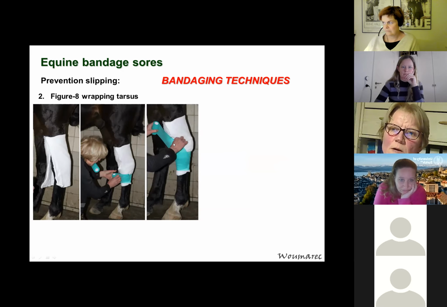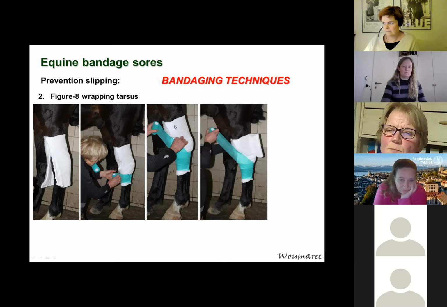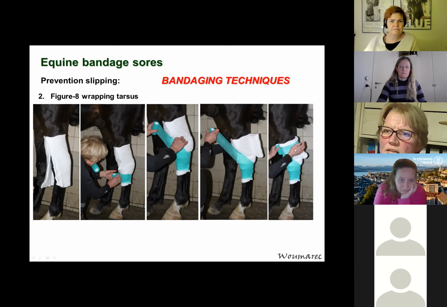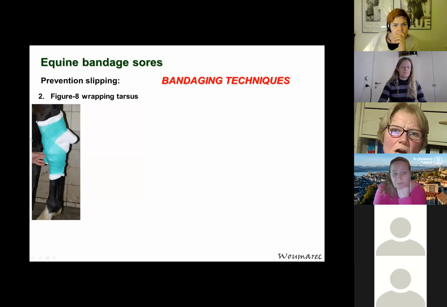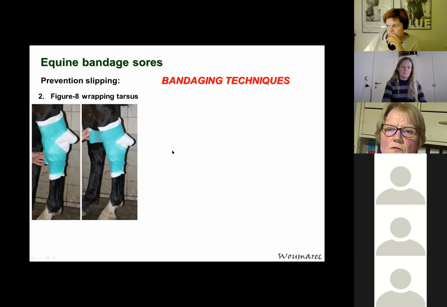And then you go again, you go up. This is not extended too much. A circular one at the proximal side, you need your pillow here, so you need to include that. So circular winding around the pillow and the proximal side of the bandage. You go down, not much tension over here, a circular one below, and then you go up again, circular winding,